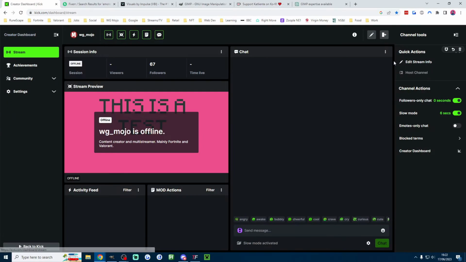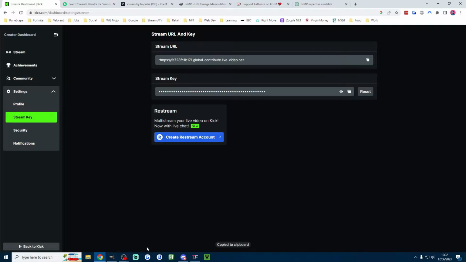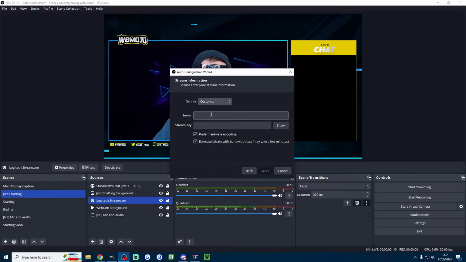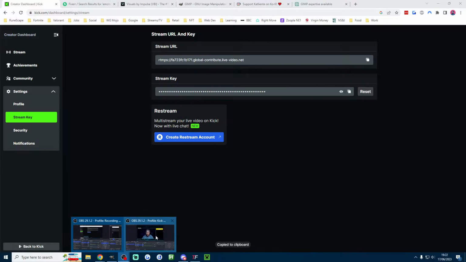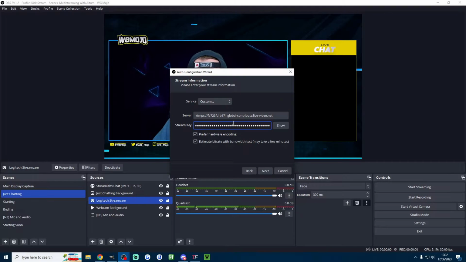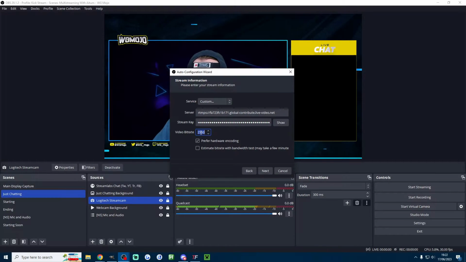on our profile picture, into the dashboard, settings, and stream key. And then we just copy the URL, and then we'll copy the stream key. So paste in URL there, and here comes the stream key into the second box. We will tick prefer hardware encoding, but we will uncheck estimate bitrate, and we will manually set the bitrate to